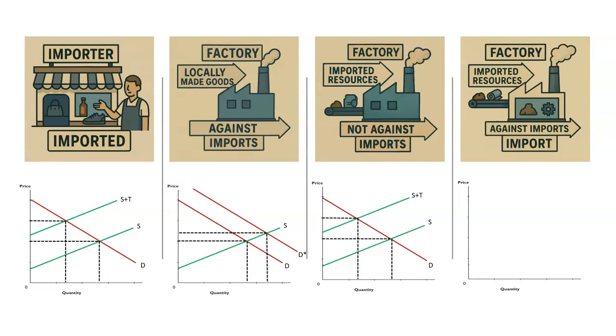Lucky last, we've got the most complex case, which is a local US firm that is competing against imported products, but at the same time is also using imported inputs in its production process. In this case, we would expect, on the one hand, an increase in the demand for the locally produced import competing product as consumers switch to the local product that doesn't have the tariff imposed on it.